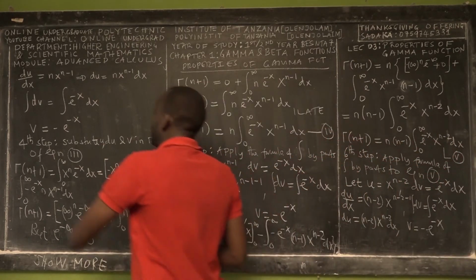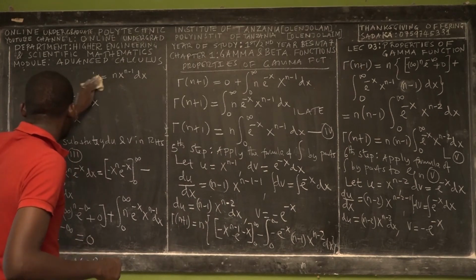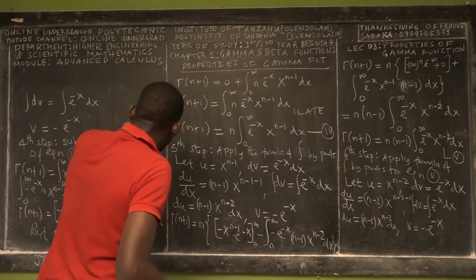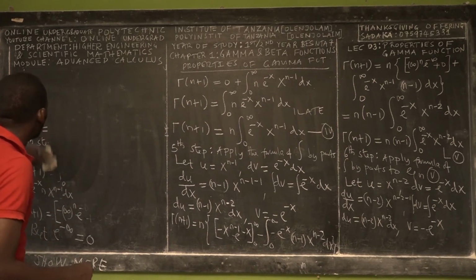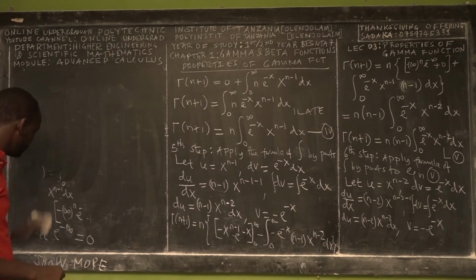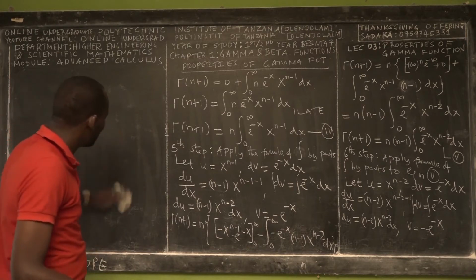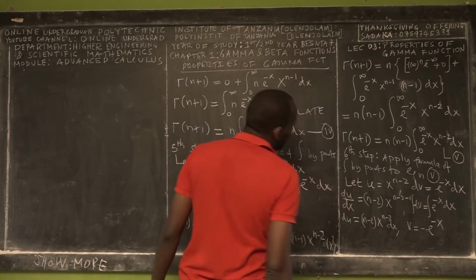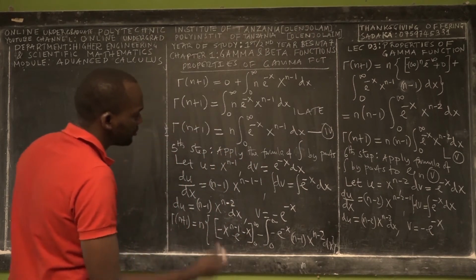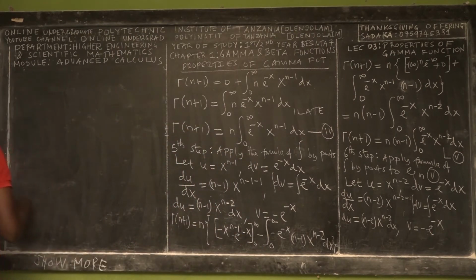Okay, I believe that you're enjoying the beauty of higher engineering mathematics and scientific mathematics, the beauty of the gamma function, the beauty of improper integrals, special cases of improper integrals, and the beauty of advanced calculus. So once we have these two values, we substitute into equation 5. So gamma of n plus 1 on the left hand side is equal to n minus 1. This is all about equation 5.